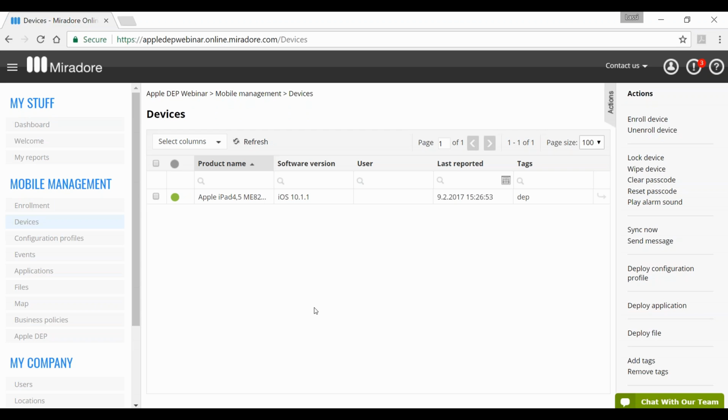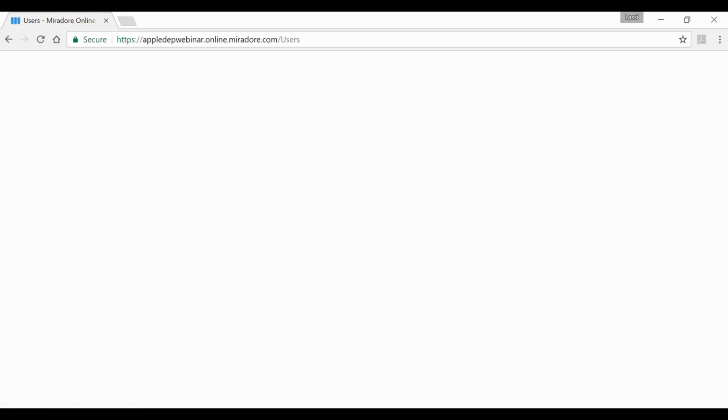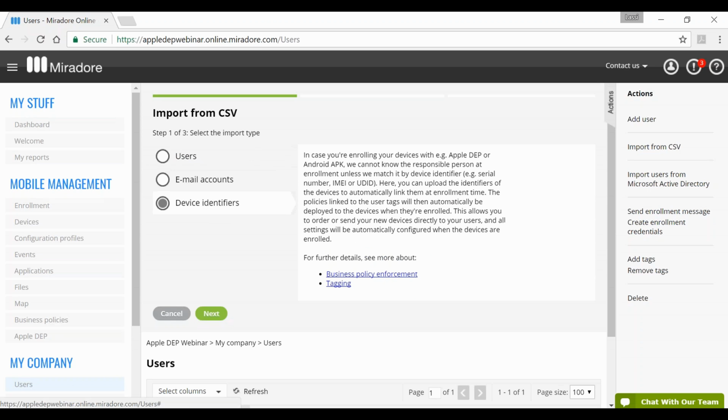But if you are enrolling a large number of devices, one option is to use the CSV import in the users view. You can import a CSV which includes the device identifiers, and you can also define the end users these devices will be assigned to.